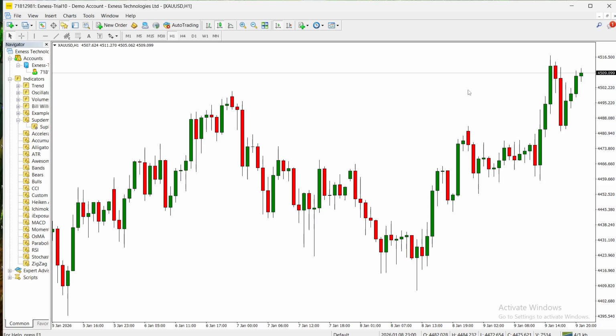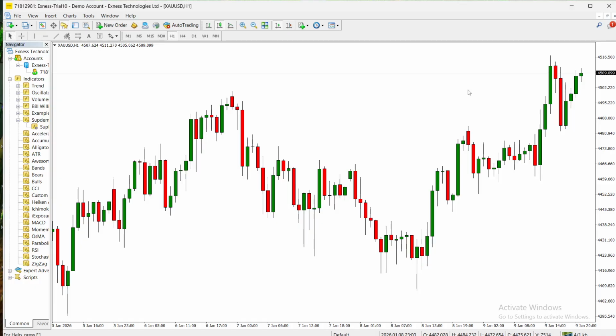The SupDem indicator, which stands for Supply and Demand Indicator, is a technical analysis tool designed to identify potential areas of support and demand in the Forex markets. It is based on the concept that price levels where buying and selling activities are imbalanced can serve as crucial turning points in the markets. The indicator employs a sophisticated algorithm that analyzes historical price data to identify these key levels and then plots them on your trading chart as colored zones, making it easier for traders to spot areas where price reversals are likely